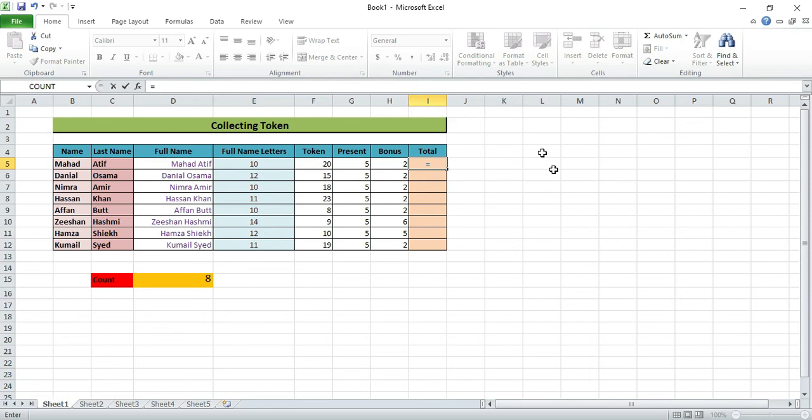What we want to do for the total is, I want the total to be the token and the present value, add the present value. Then I want a multiplication. For the multiplication I use the asterisk sign, multiply that particular answer with the bonus. That bonus will be twice whatever the reward we have, and it will give you the answer like this.